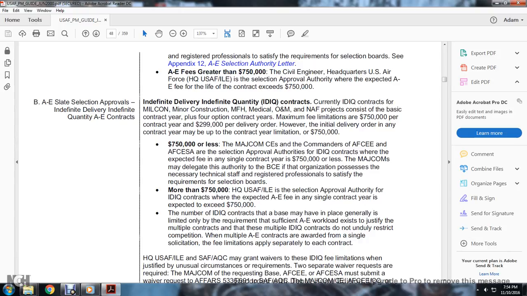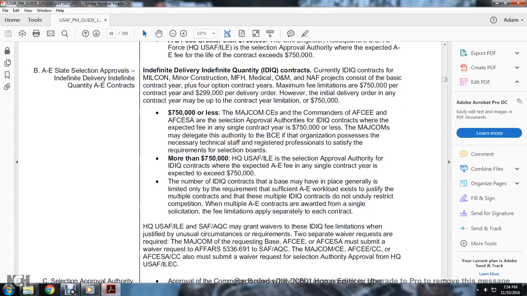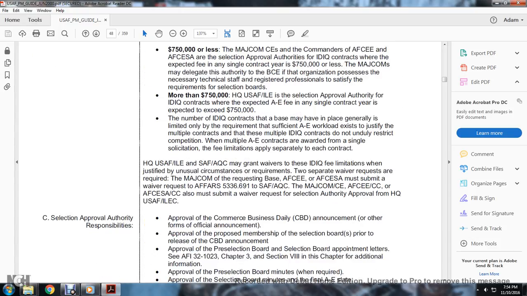the single solicitation. The fee limitations apply separately to each of the contracts. Headquarters of the U.S. Army, Air Force, and Engineering and Staff, AQC, may grant waivers to the indefinite quantity fee limitations when justified in unusual circumstances. Two separate waiver requests are required. Major command requesting bodies of the AFCEE and AFSCA may submit the waiver request from the